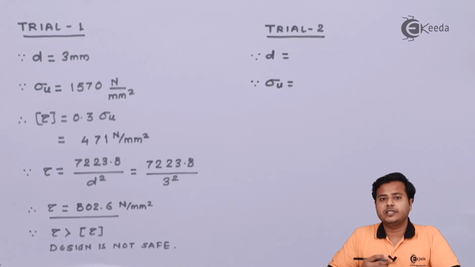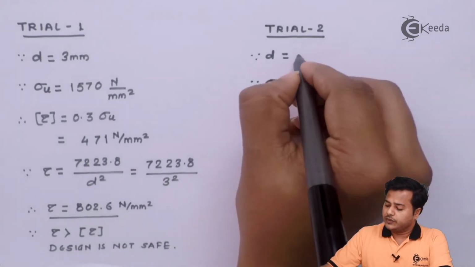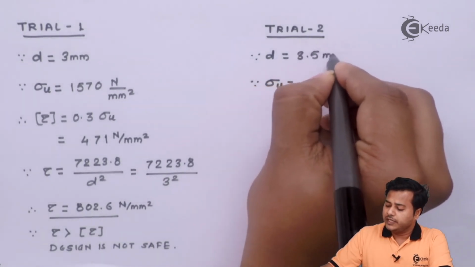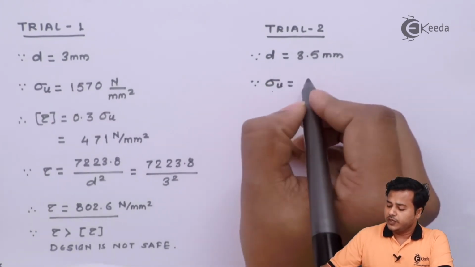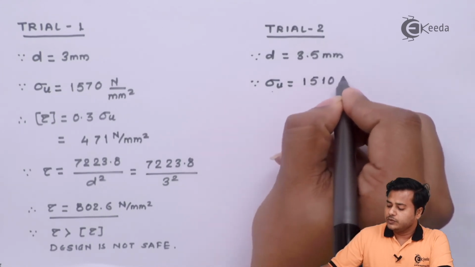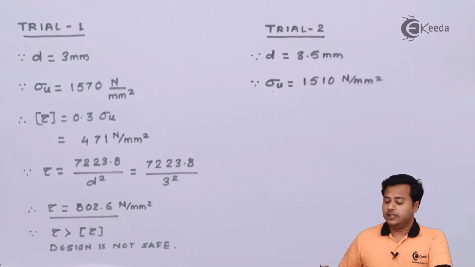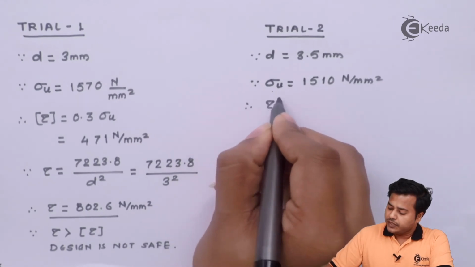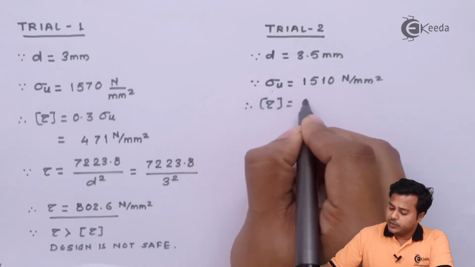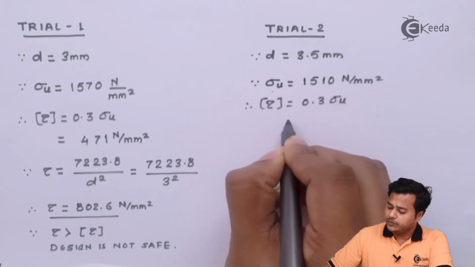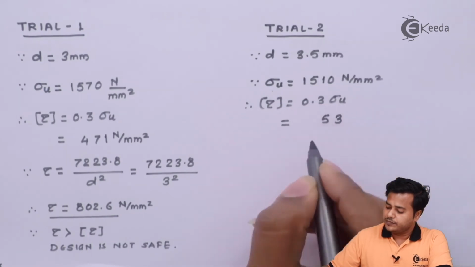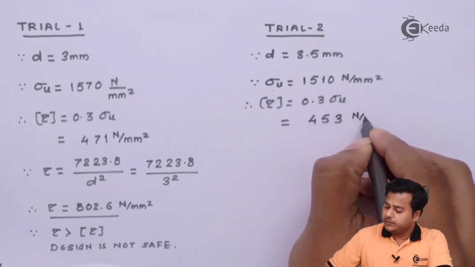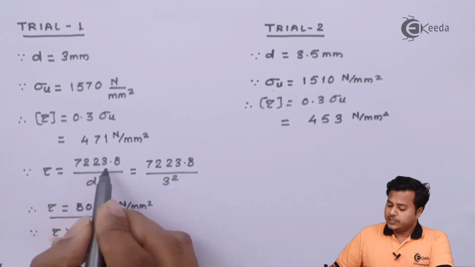Now since the design is not safe, we ultimately have to go for the second trial. So in second trial, let us go for the next possible value where the diameter will be increased from 3 to 3.5 millimeter, while this value is reduced to some Newton per millimeter square. Let us find out the safe value now, which again is 0.3 times the ultimate value. After solving this, we'll get the answer in Newton per millimeter square. Using this relation again,